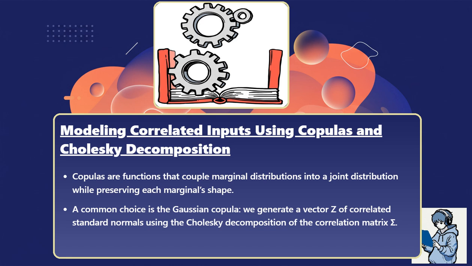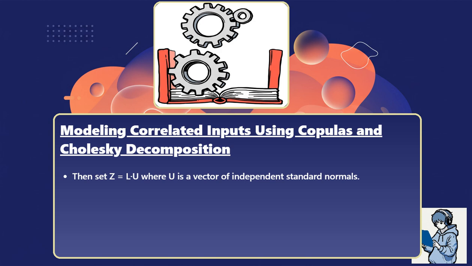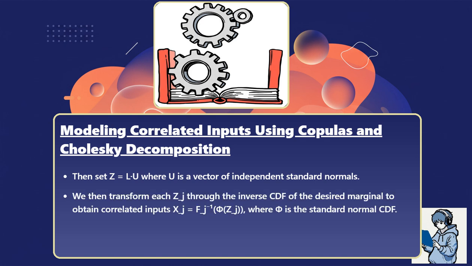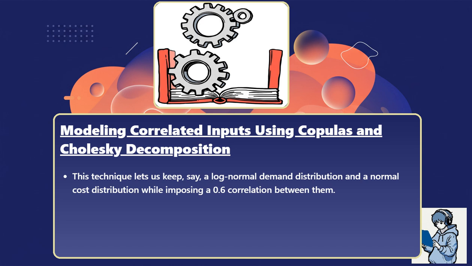We generate a vector z of correlated standard normals using the Cholesky decomposition of the correlation matrix sigma. Find lower triangular L such that sigma equals L times L transpose. Then set z equals L times u, where u is a vector of independent standard normals. We then transform each z_j through the inverse CDF of the desired marginal to obtain correlated inputs x_j equals F_j inverse of Phi of z_j. Phi is the standard normal CDF. This technique lets us keep, say, a lognormal demand distribution and a normal cost distribution while imposing a 0.6